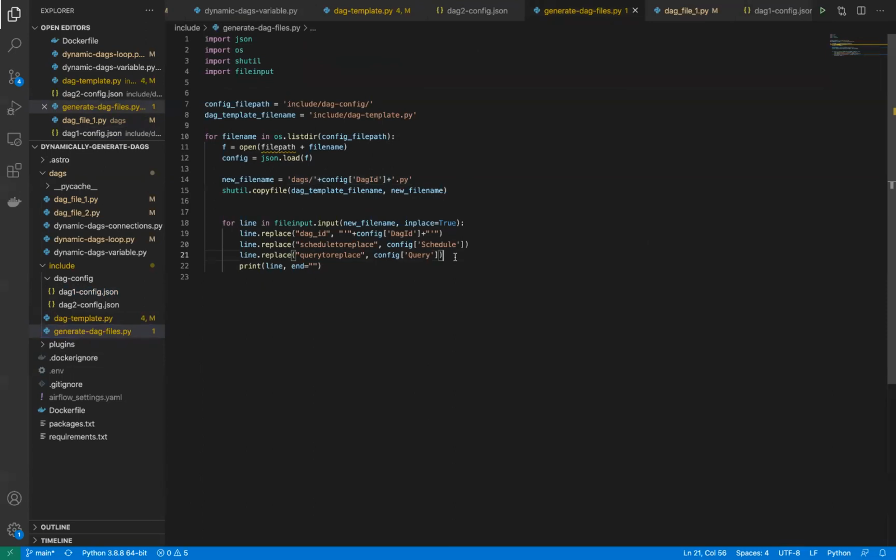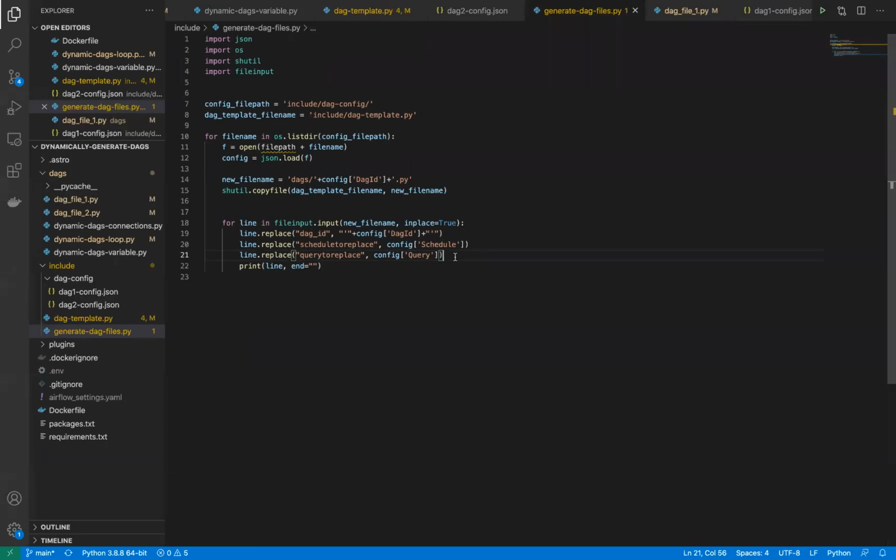If this were going to be a more complicated use case, where maybe not every DAG has the exact same single task, or maybe there are a lot more things that might be changing, you can imagine that it could get more complex. So it can be more work to set up front. But again, the benefit here is that you still don't have to manually create those DAG files. You can parameterize based on external information, but you have full visibility into the code. You end up with an actual Python file for your DAG, and you don't necessarily have to deal with the